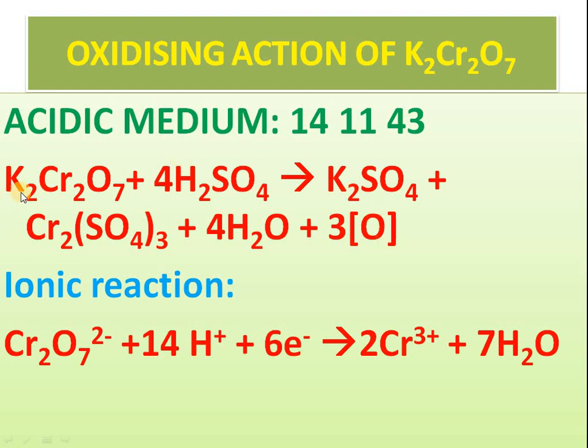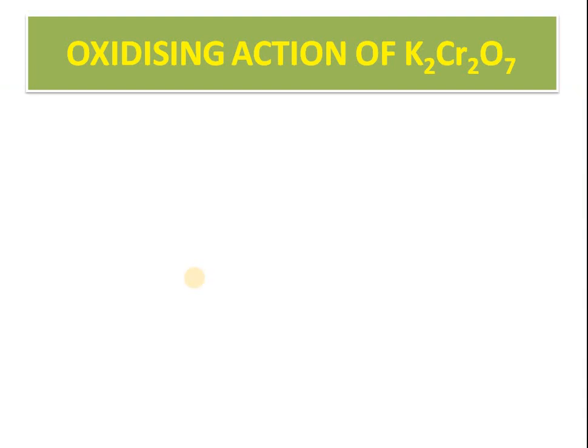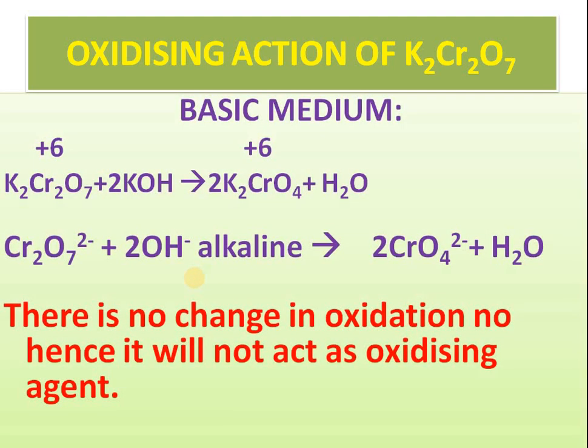And for the ionic equation, as I told you earlier also, 2K+ will cancel out with this 2K+, and the balance left is Cr2O7 2-, and here 8 H+ would be there, and further you will also be getting other H+, so the total is 14 here. Further, sulfate will be cancelled, 4 sulfate, and here also sulfate is there, 3 plus 1, 4. This will cancel out, and chromium ions and 7 water are there. So for balancing the electrons we have to add acid medium, that's why we are doing the balancing, and the charge balancing is also there. Okay, so this is the oxidizing action in acidic medium.